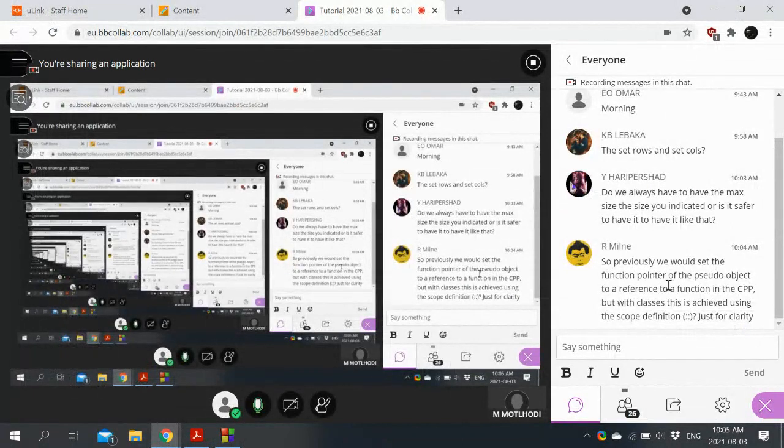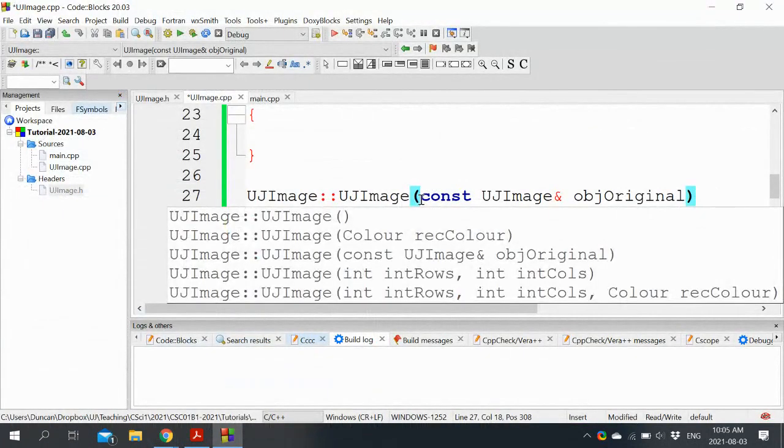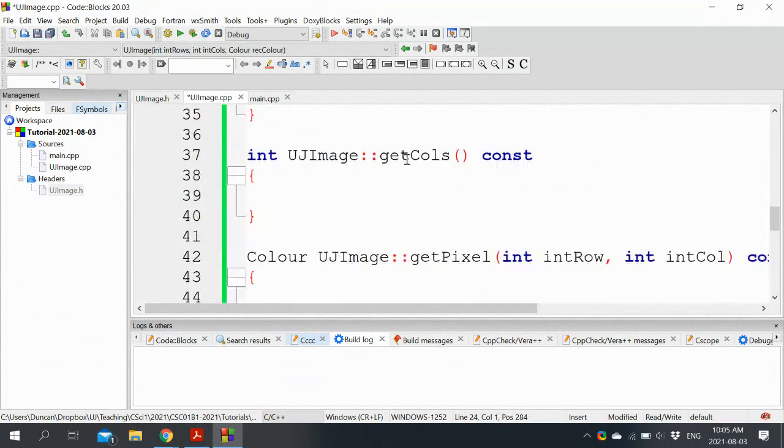So previously you set the function pointer of the pseudo object to a reference in the CPP. Yeah, so yes, basically, C++ does all of that nasty hard work for us when we specify that it's a member function with the scope resolution operator. So it automatically adds under the hood an extra parameter at the front called, well, maybe the constructor is not the best example, but let's say for get columns, it automatically adds an extra parameter there called this.